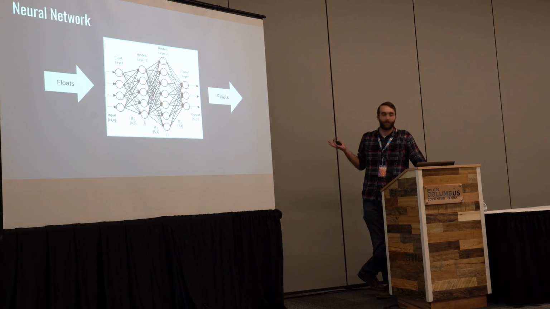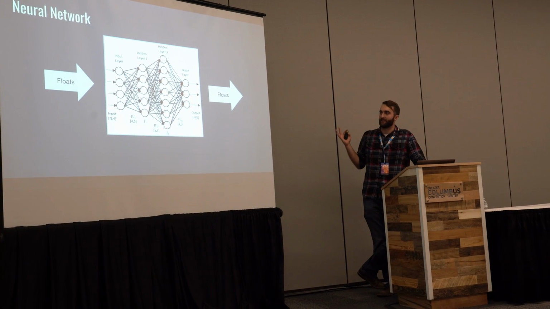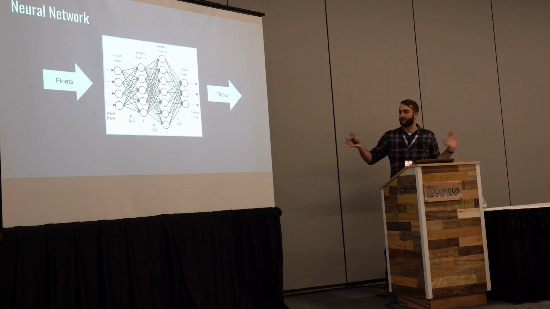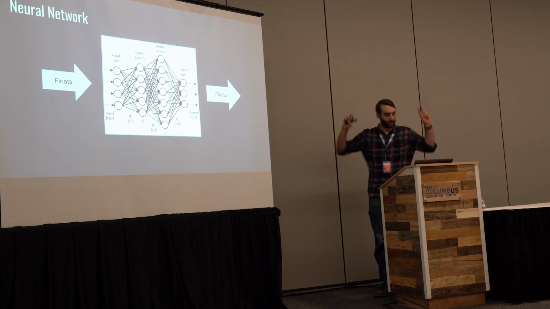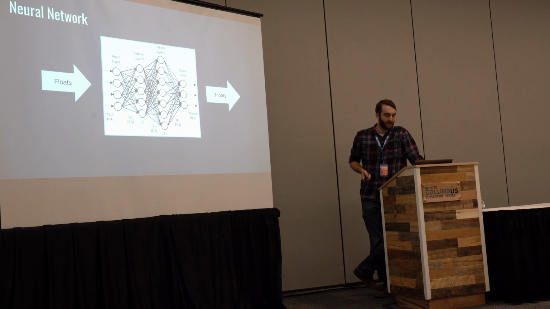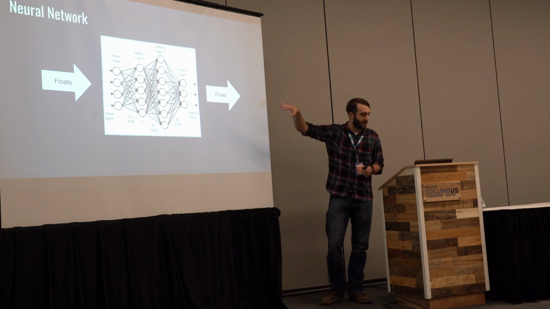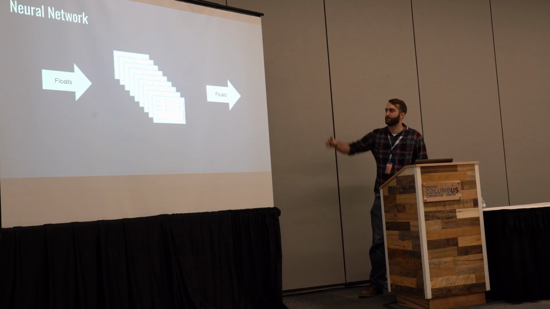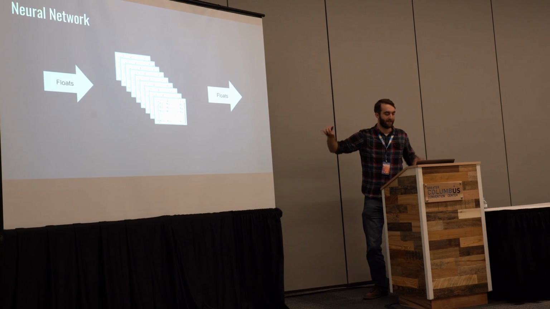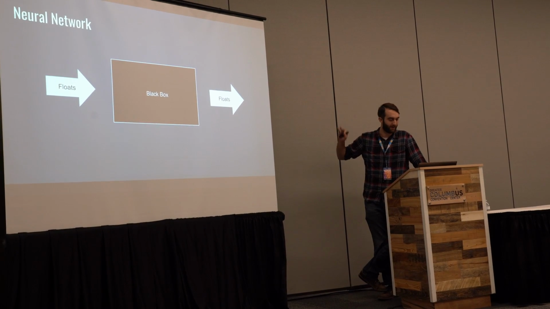neural networks are the most cutting edge thing. People have been doing them since probably the 60s. In 2012, people figured out how to train these really deep networks. So that's what deep learning is. It's just a fancier version of neural networks. So you have these layers and they're connected, and I don't know, there's some magic. How does it really work? It's just a bunch of matrices. You're just multiplying numbers together, you're adding numbers together. It's just math. There's just a bunch of math. So just remember, it's just magic, all right?